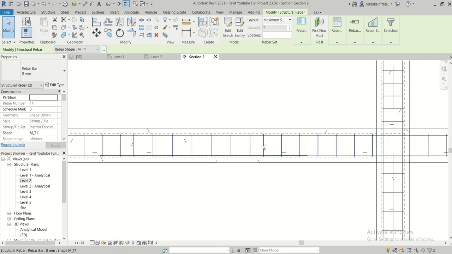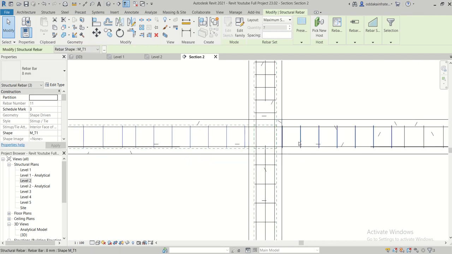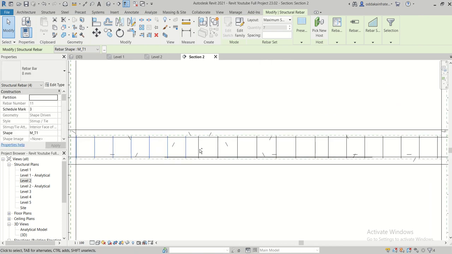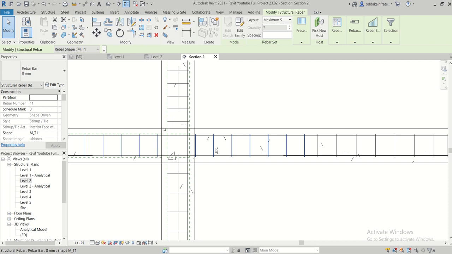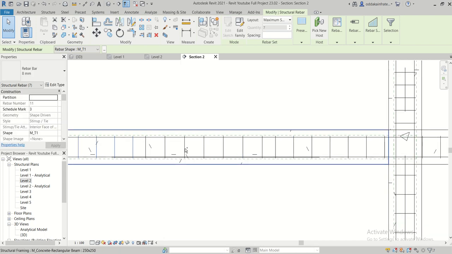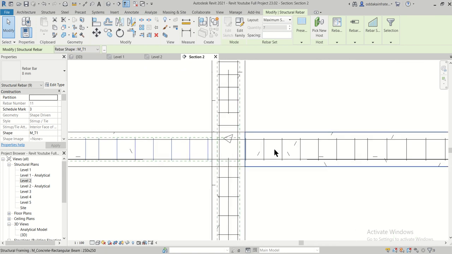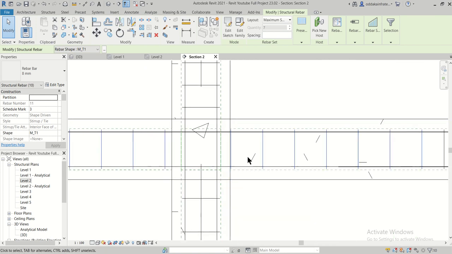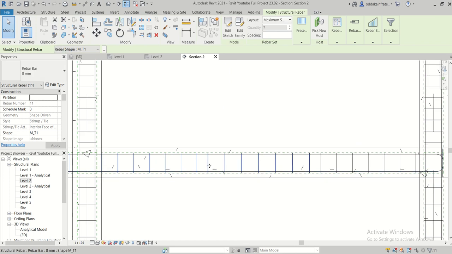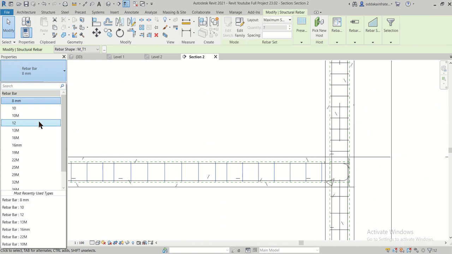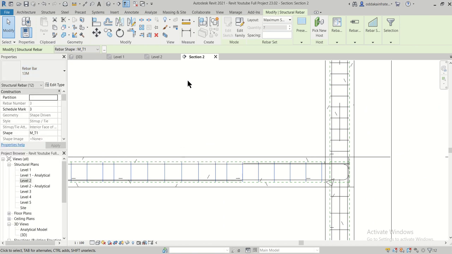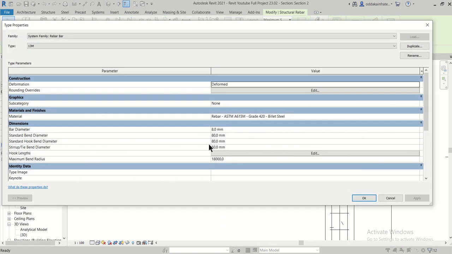Let's select all the stirrups. So for the 13mm we defined earlier, that is for the 8mm, this will give that particular property to all the stirrups here. And then simply change this to 13mm. So 13mm is actually the 8mm bars, which we have named it.